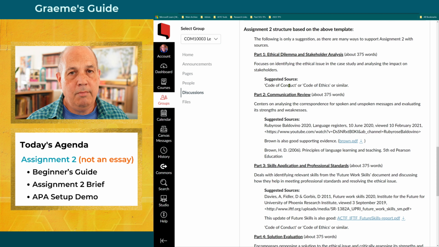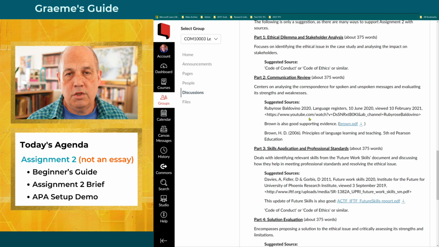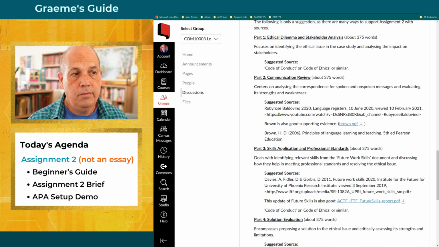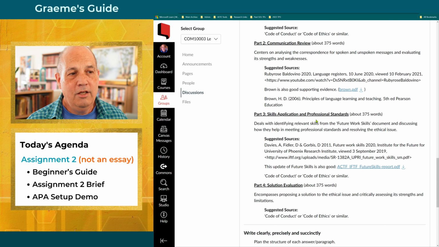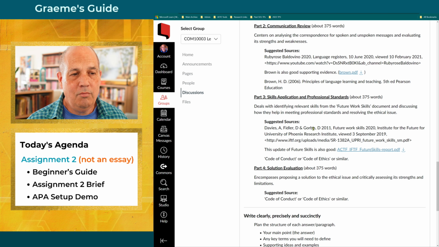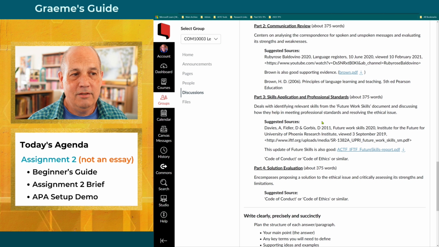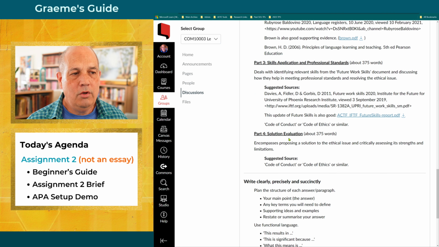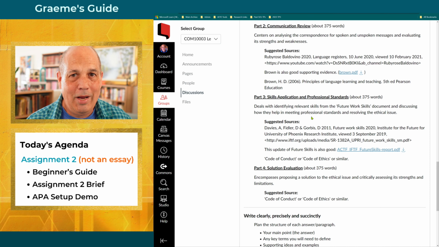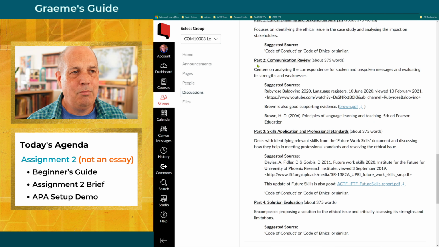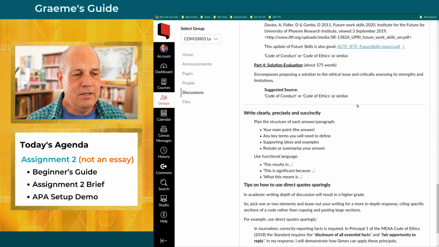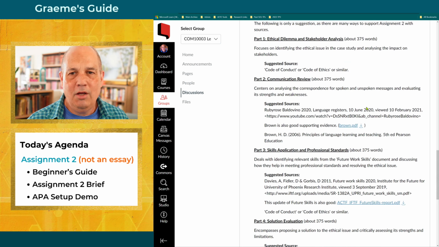So in part 1, I recommend citing the professional standard. In part 2, I recommend citing sources from our unit learning materials in week 4. And in part 3, you should cite the Future Work Skills 2020 reading. And in part 4, again, probably citing that same code of conduct and code of ethics that you'll probably also need to cite in part 3 as well. So the code of conduct or code of ethics is going to be appearing throughout your document in each part, except probably part 2. There's a little bit more advice down here as well, but I want to move on now to